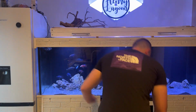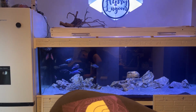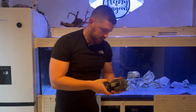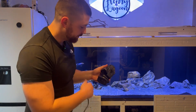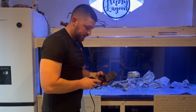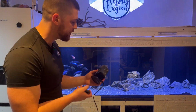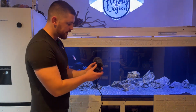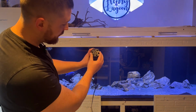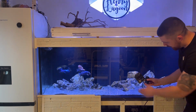I did have one lying around somewhere. One sec. I might have one in here. So I've got it. So this is made by Cichlids, and it's actually an AC one, so it's quite an old one. It hasn't got any settings where you can customize the flow or anything, but these ones work a little bit differently. So you can control the flow. It's got a little nozzle on the front, and what that would do is sit on the side of your tank like this,